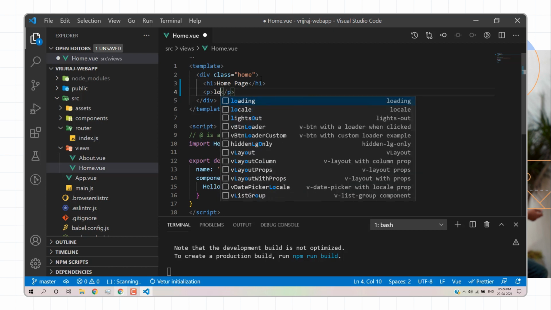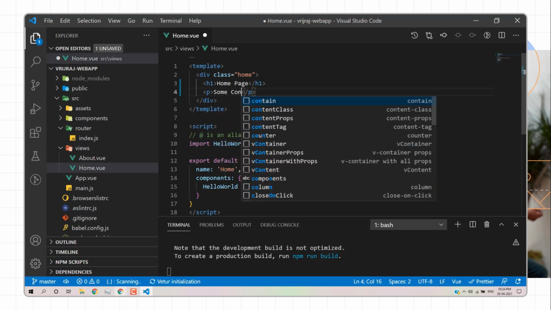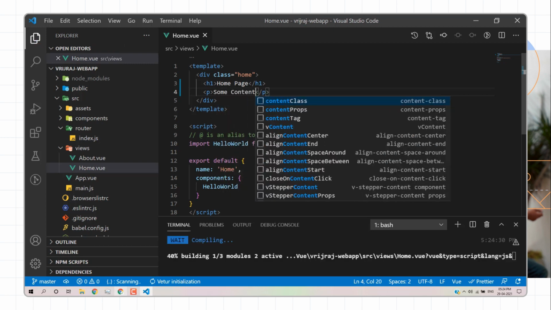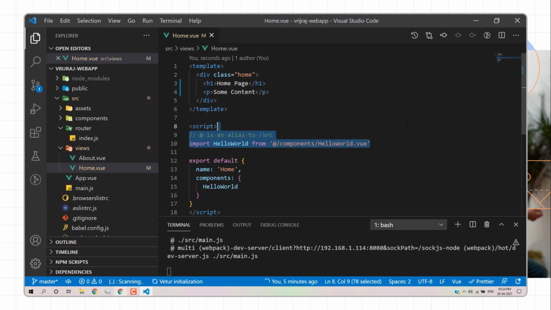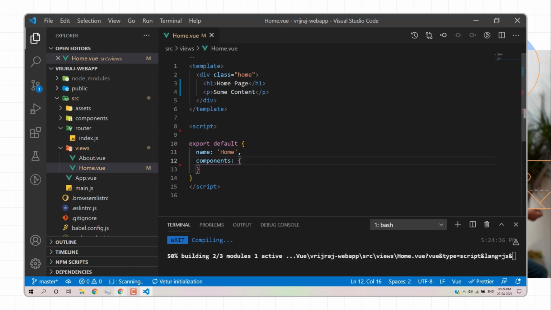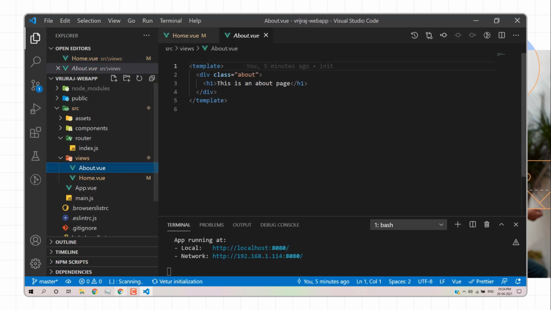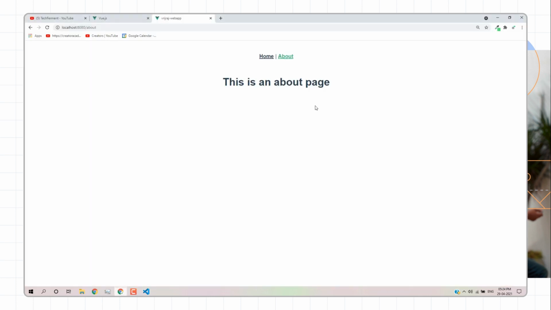It's not loading, I don't know. So here we have some content. Okay, I'll remove this part because we are not working on the component part. So we have a home page and then we have an about page. I'll just reload. So it's working. This one is home, this one is about.